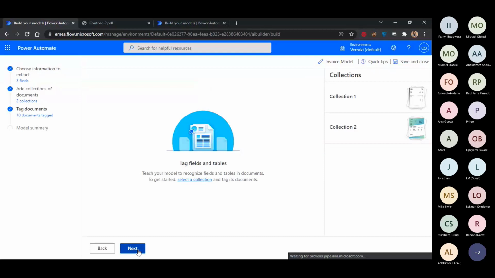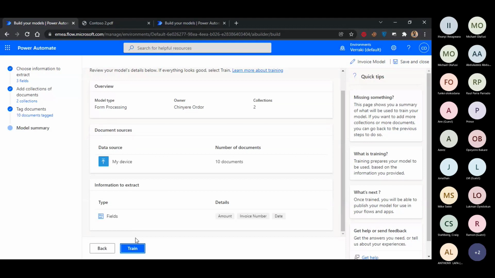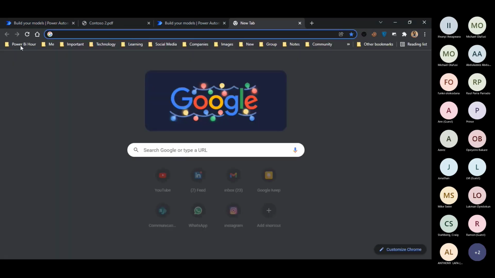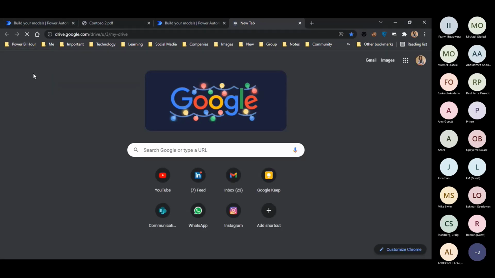So we click next, and now we're about to train the model. This may take a while. While that is training, I said that we were going to use whatever details we extract from the files and upload them to a sheet. So while the model is training, we can just create